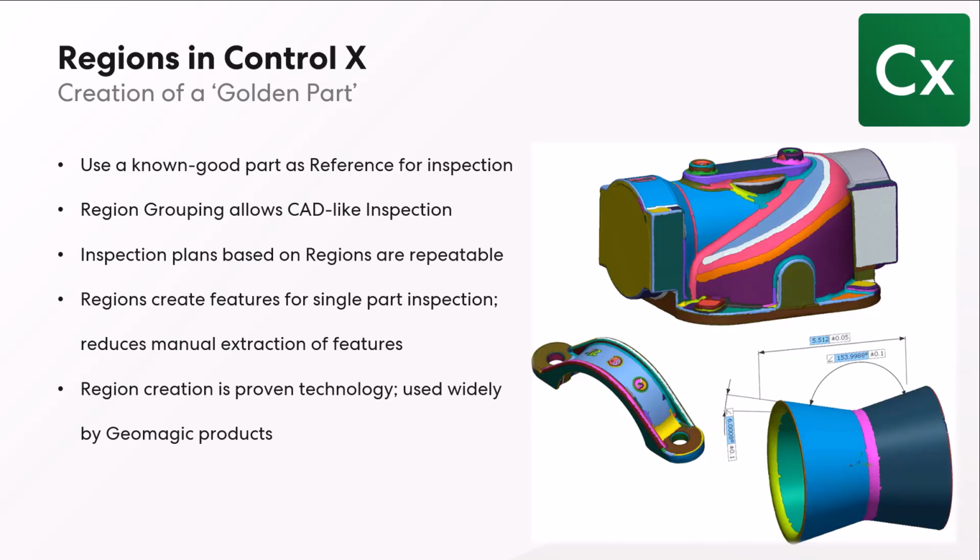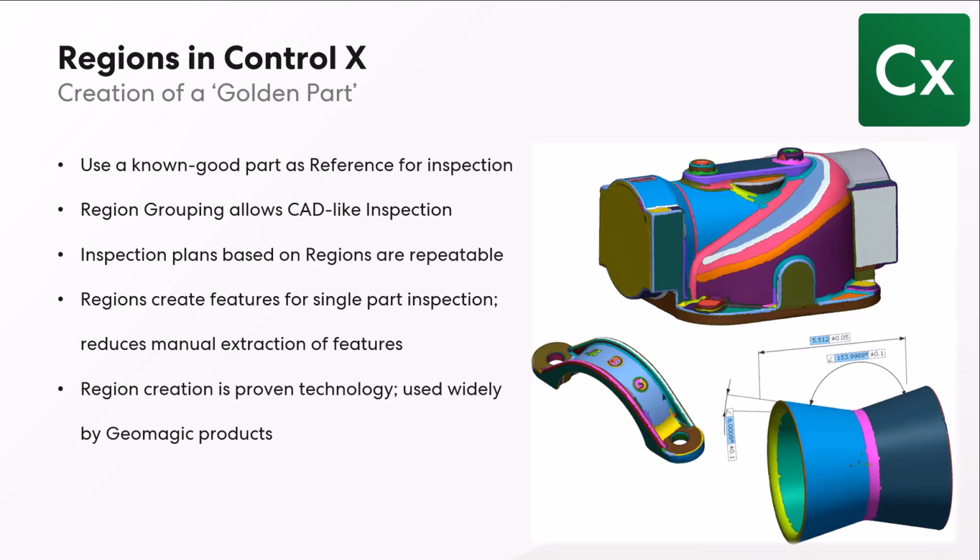One way that we have to combat some of the difficulty in creating objects and features from this to actually inspect is using region grouping. This greatly speeds up the process and helps maintain something that's very consistent part to part for measurement schemes. So what this allows us to do is inspect like we have CAD on the part. You see all of these colors on the screen here, and they are all basically turned into objects that are much more CAD-like. As you click on them and use them, it'll automatically find planes and cylinders and cones and things like that for you, allowing you to take measurements directly between them without having to go in and